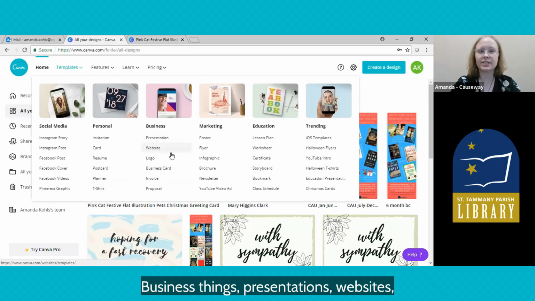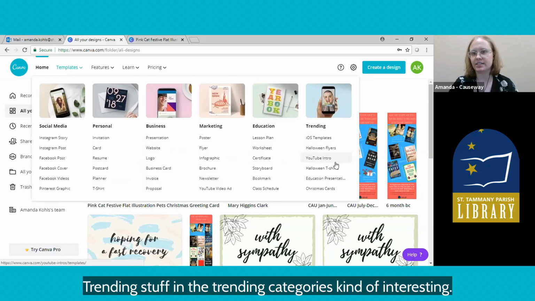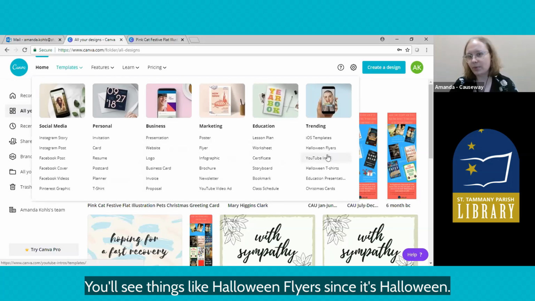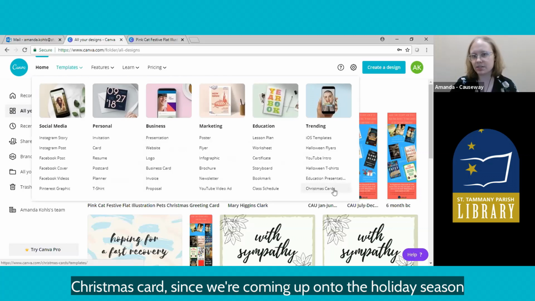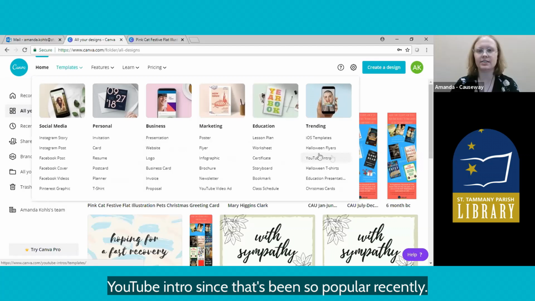We also have personal types of things like invitations, cards, resumes, postcards, a planner, or a t-shirt, and business things: presentations, websites, logos, business cards, invoices, proposals, marketing, poster, flyer, infographic, brochure, education, trending stuff. The trending category is kind of interesting. You'll see things like Halloween flyers, since it's Halloween, Christmas cards, since we're coming up onto the holiday season, iOS templates for Mac and iPhone devices,